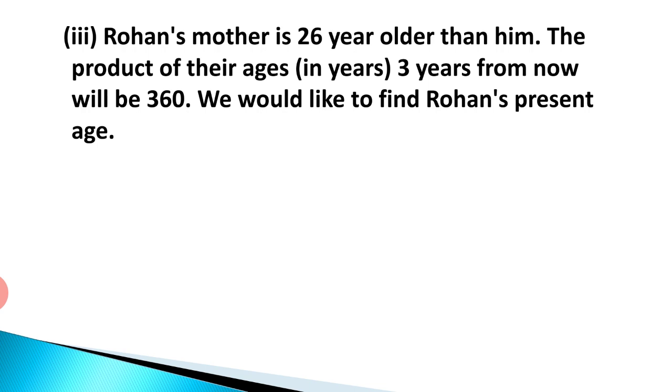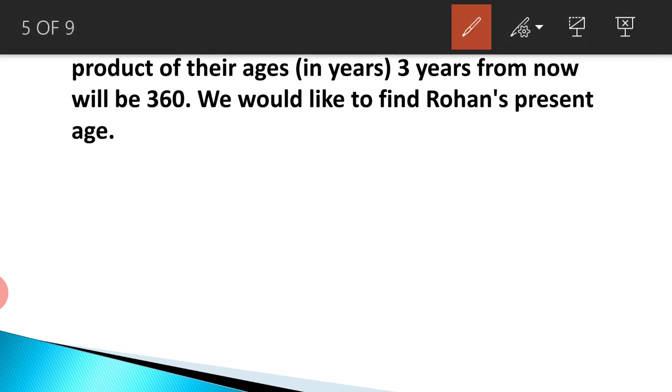Now we are talking about Rohan and Rohan's mother, two persons. But again the product, again underline the condition, product of their ages. So naturally again here also you should go for a quadratic equation, that is one variable. So now how to do? Rohan's age, suppose we take x, because naturally he will be the younger one. So Rohan's mother will have x plus 26.